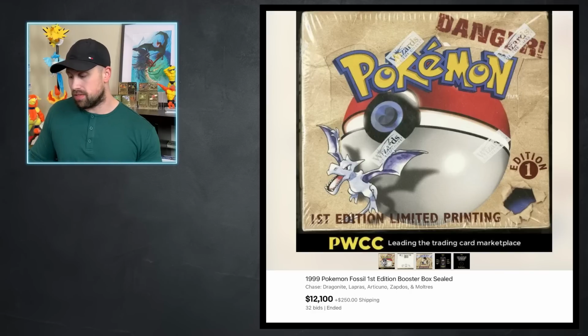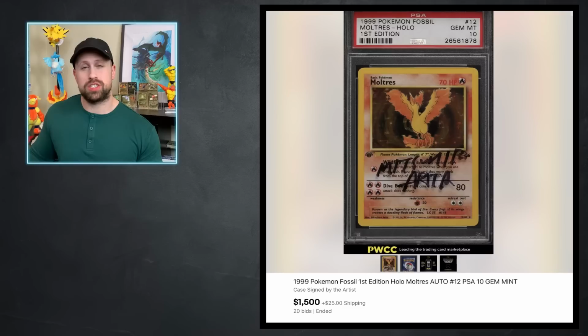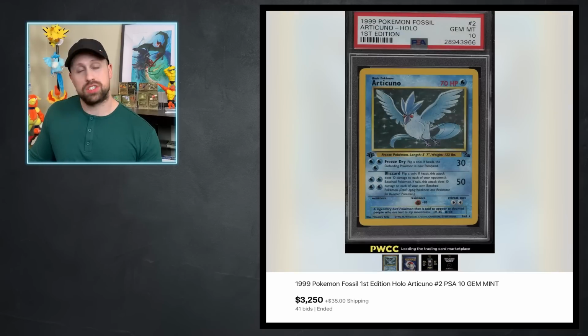And then we had some Fossil cards here. First edition Raichu Holo sold for $1,825. Here was a first edition Holo Moltres card signed by the artist Mitsuhiro Arita that sold for $1,500 even this week. That's pretty cool. And then we had a first edition Articuno, the most expensive of the legendary birds from Fossil, that sold as a PSA 10 for